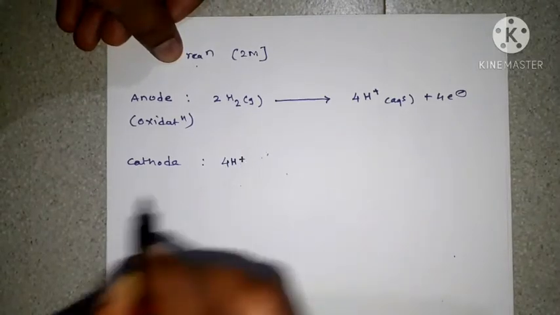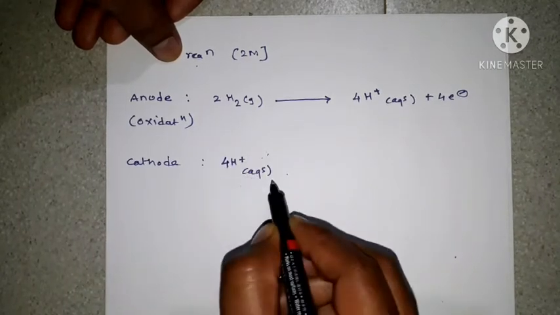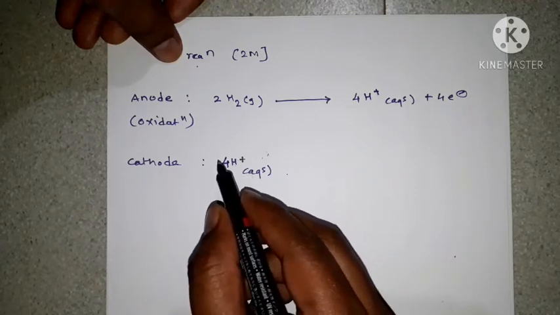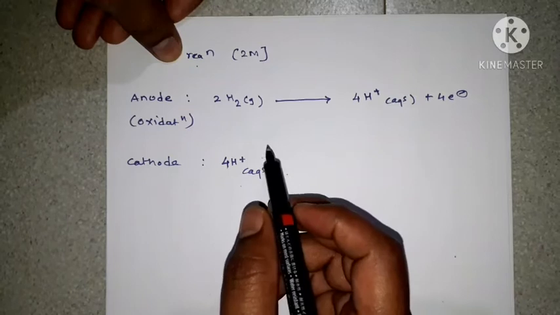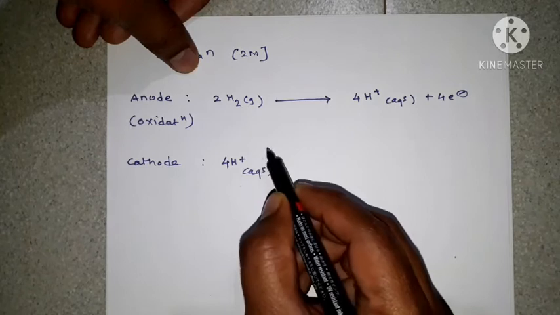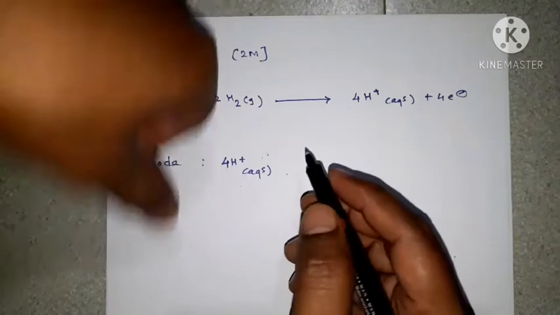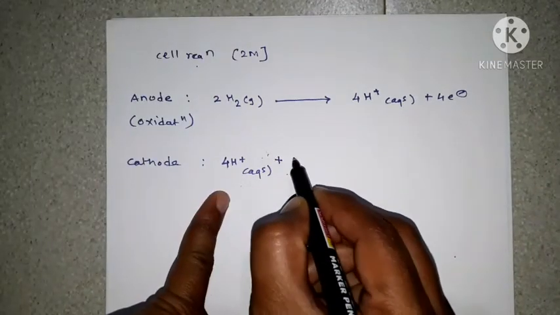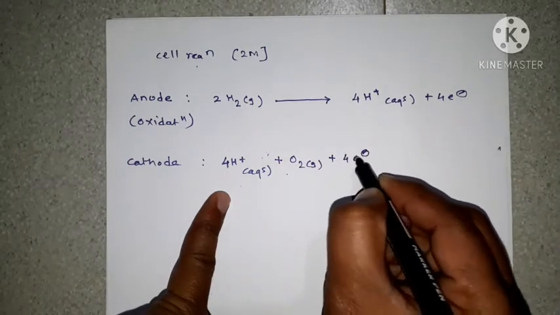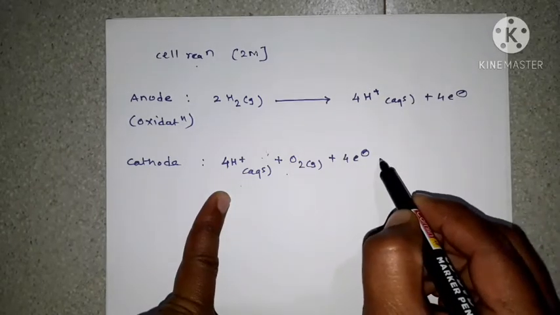4H+ aqueous. This 4H+ part is coming from pyrophosphoric acid. Okay, that means H+ ions, as we know, an acid forms H+ ions in water. So 4H+ and O2 gas plus 4 electrons, which are coming from the anode reaction. Okay, it gives